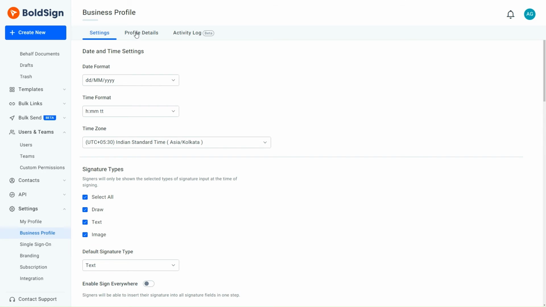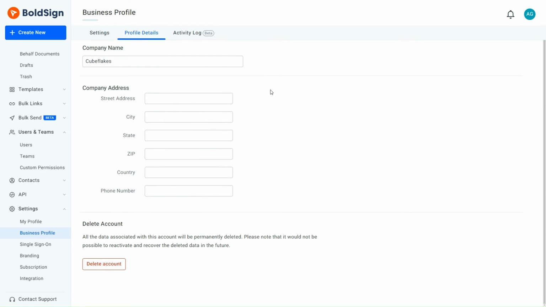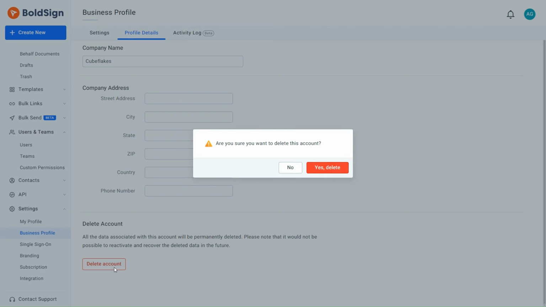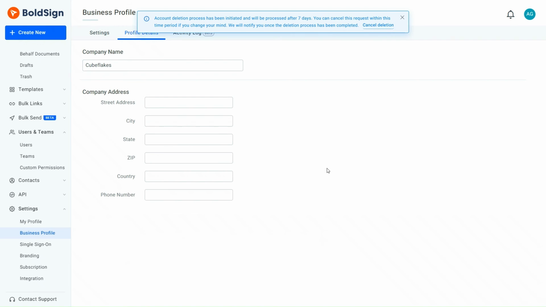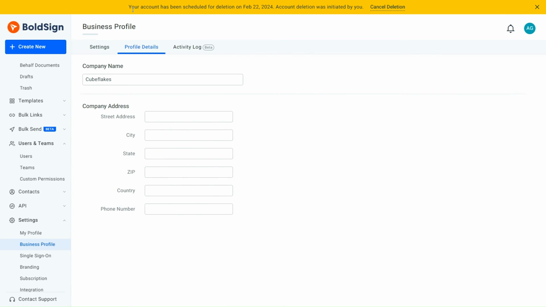Navigating the Profile Details page, I scroll down to the Delete Account section. Finally, I click the Delete Account button to complete the process. After selecting Yes, Delete on the confirmation dialog box, the account deletion process will commence and be processed within 7 days. Throughout this time, a message indicating the account deletion date will be prominently displayed at the top of the